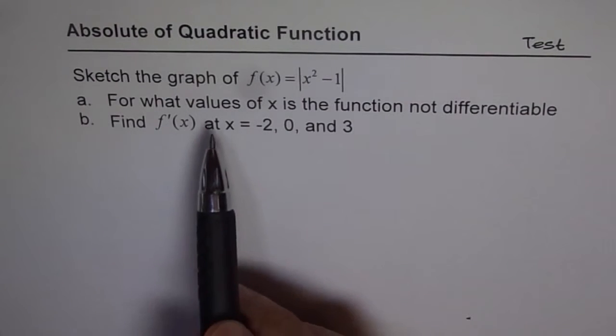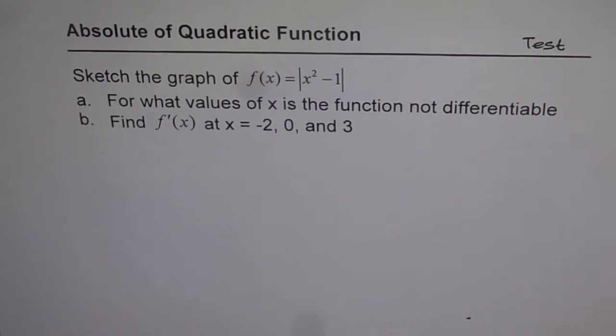Sketch the graph of function f of x equals the absolute value of x squared minus 1. So you need the skills of advanced functions now, right? Sketch the graph. Part A: for what values of x is the function not differentiable? And B: find f dash x at x equals 2, minus 2, 0, and 3. Correct? Now first things first, that is to sketch the graph of function f of x